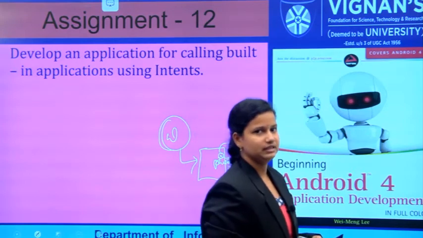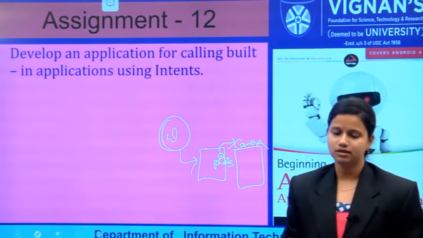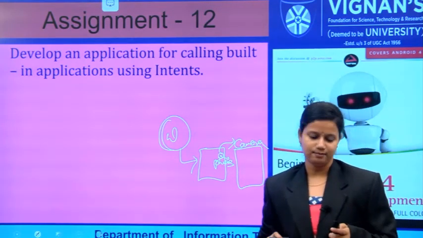In the same way, develop an application for calling built-in apps.